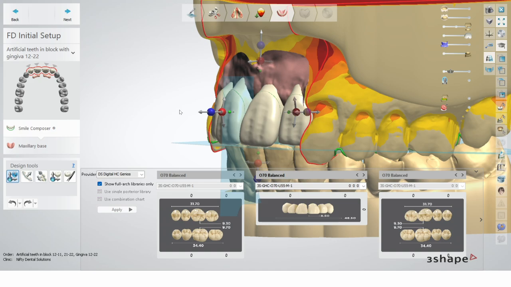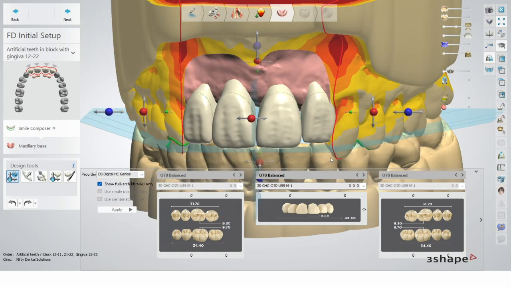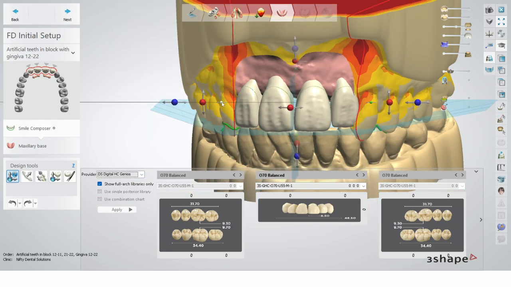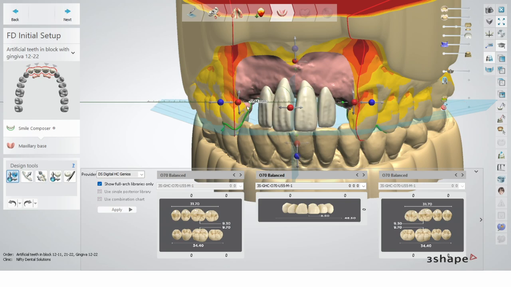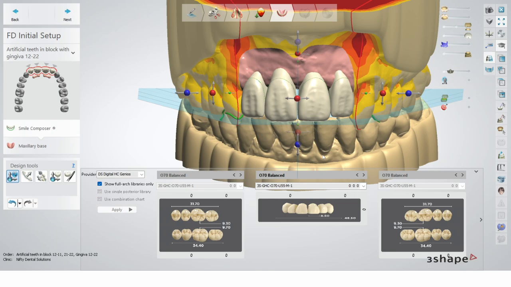So how do I pick the right library for this case? There is a PDF you can download from the Dentsply website with all of the mold charts, so you can see the HCG Neusser and HC portraits. I used to pick stock teeth based on dimension and obviously shape as well, but mostly it was about dimension. Now I don't really care about dimension because if you see this green dot, I can scale the teeth, so it doesn't matter anymore. What I focus on is the shape. So, for example, let's try the 60 balanced, see how it looks.